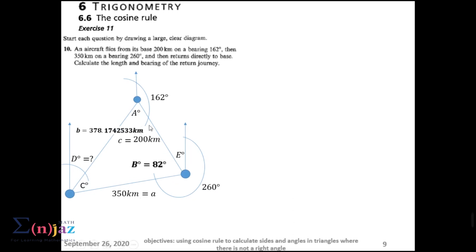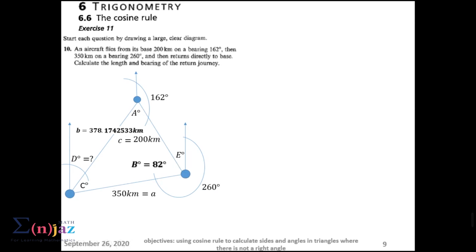Now, we have all the sides in this triangle known and one angle known. So we are going to try to find angle C so that we can find the bearing at last. How do we find angle C? If you have a close look, we have the sides C, A, and B known. So we can start with the cosine rule,